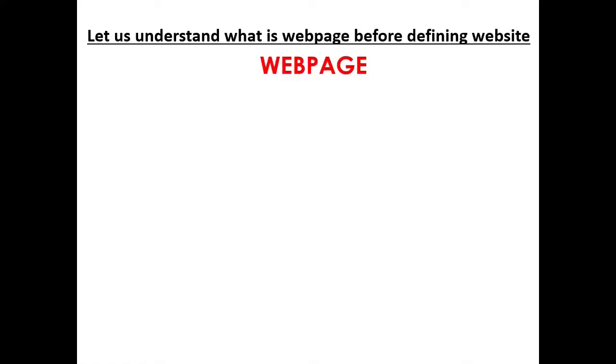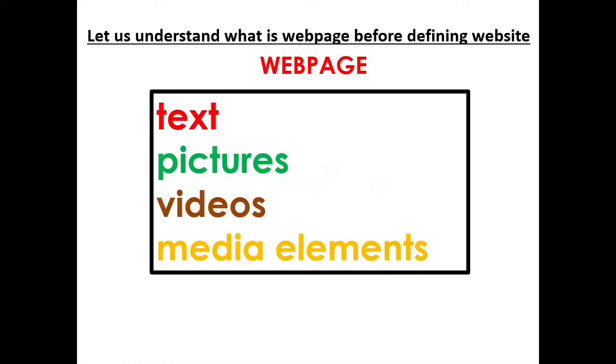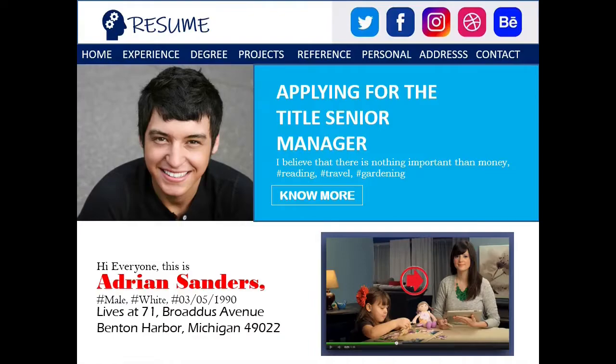A web page is a document which contains various information in the form of text, pictures, videos, and other multimedia elements. This information is arranged and organized in a structure which is displayed by a browser whenever that web page document is opened. Let us look at an example of a web page. The author of this web page is sharing different information: an image, a text, and even a video on the bottom right corner. You can easily observe one thing here.